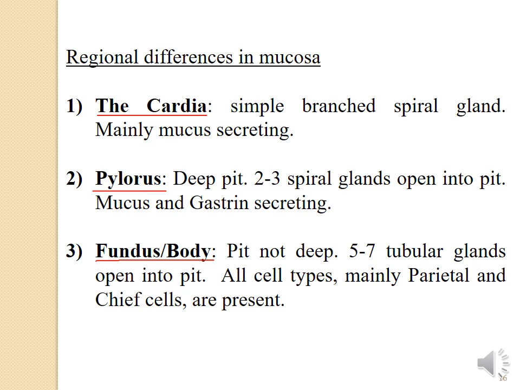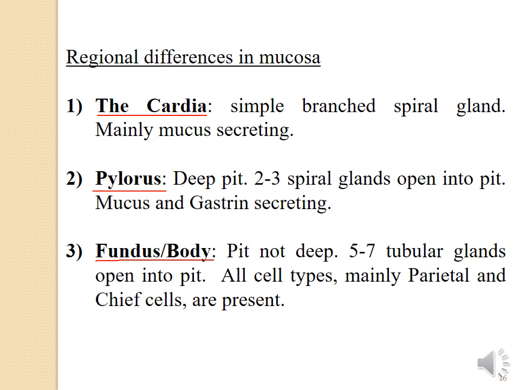Whereas in the fundus or the body, the pit is not deep, and we have more glands opening into it, about 5 to 7 tubular glands open into each pit. All cell types are found in this region, mainly parietal and chief cells. So the main function of the stomach is performed by the glands found in the fundus of the body, because